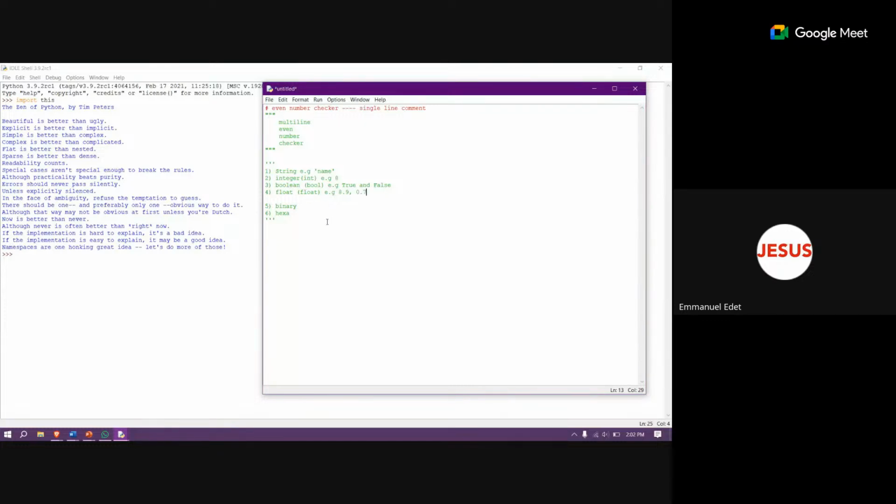So that is a float. Then for the binary and the hexa, we're not considering that. Now let me explain those concepts of the solid principles using object-oriented programming. Since Python is an object-oriented programming language, it makes use